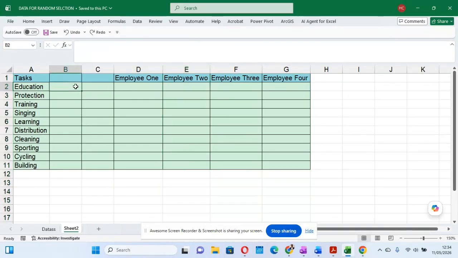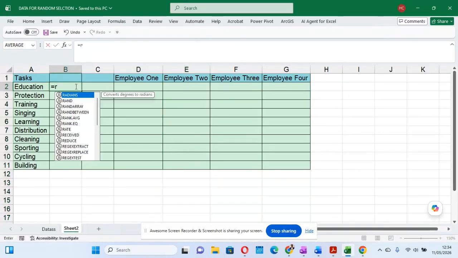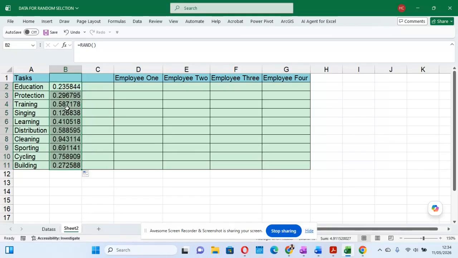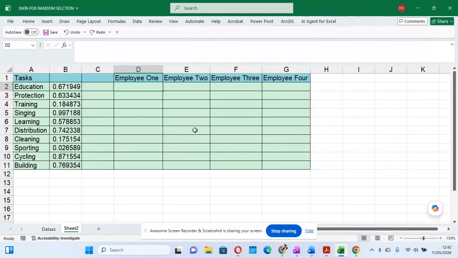The first thing we'll do here is create a random number that we are going to use. This random number is going to help us start calculating how to share this randomly. Now we have assigned each task a random number. Of course, it could be more. Now, after creating these random numbers, the next thing we want to do,